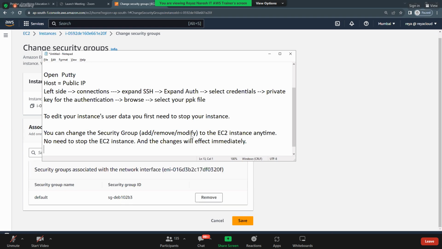Guys, you have one security group, and I have added SSH. Will it be affected immediately or will it take time? Immediately it will take effect, correct?